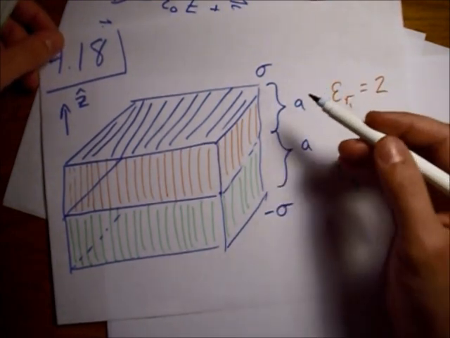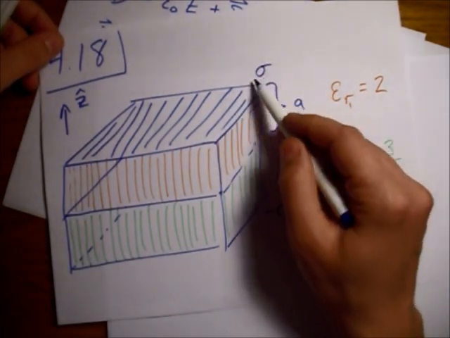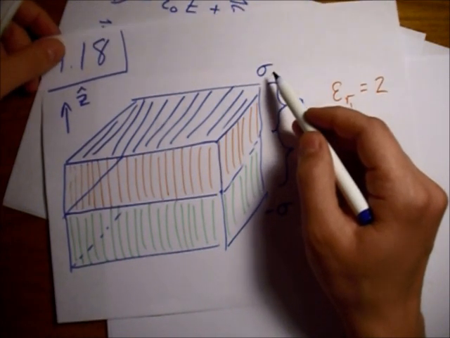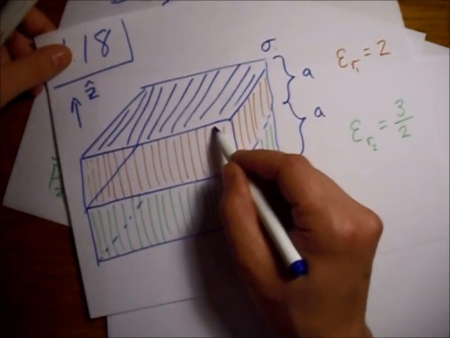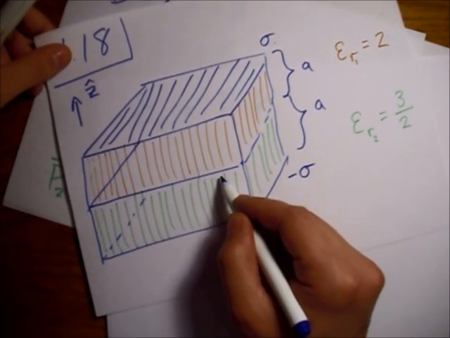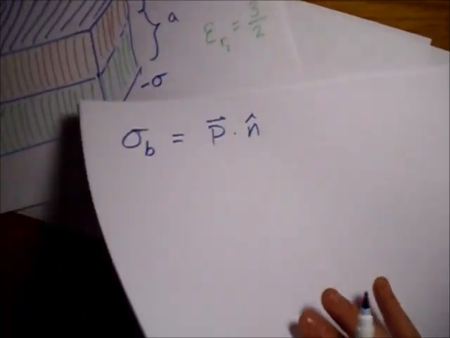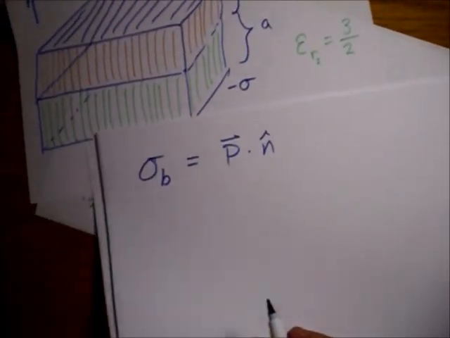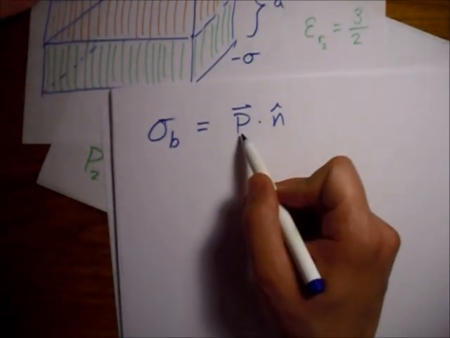The bound charge density for the top surface of the red will be negative because it's right up next to the positive free charge surface density. So for bound charge, it just goes negative and then positive and then negative and then positive down here. Rather than worry about which way the little vectors are pointing, we'll just use that. So that's just the polarization,